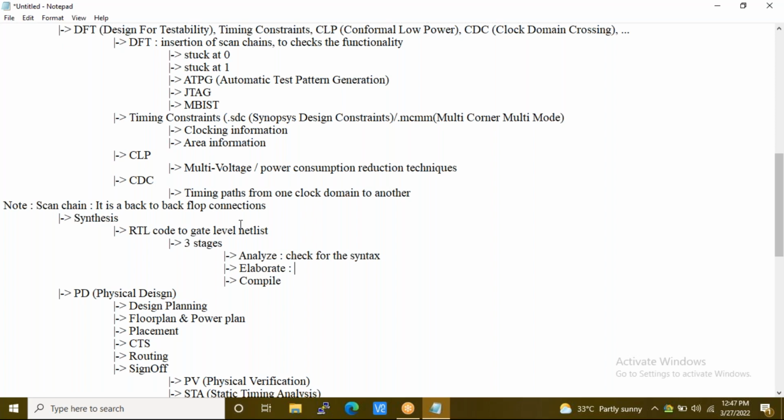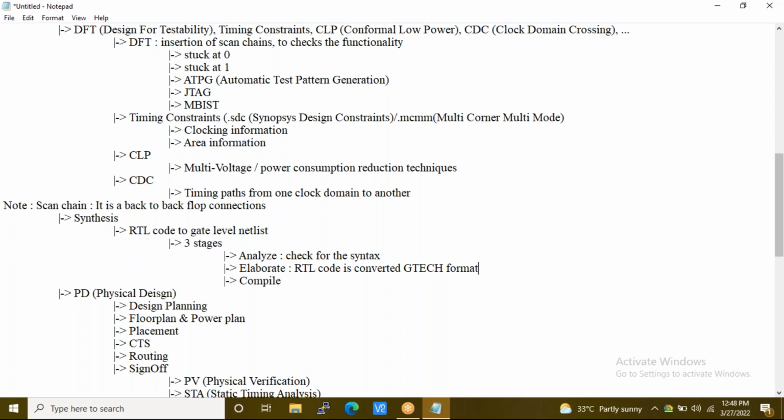So to avoid that, what we are going to do here is, in the elaborate stage, the RTL code is converted to GTECH format. GTECH means generic technology. Here also it's not completely technology dependent.